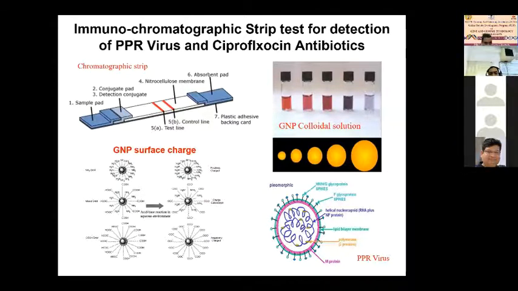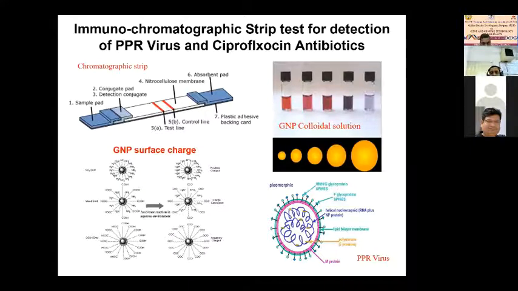There is physical adsorption, also called electrostatic labeling, and that requires knowledge of the PI of your intended detection probe and knowledge of the buffers that you are going to use. Also the type of the GNP, the gold nanoparticle, which is red in color, whether it is negatively charged, and the kind of buffer, whether it is suitable for protein or for DNA. That sort of background knowledge is required.